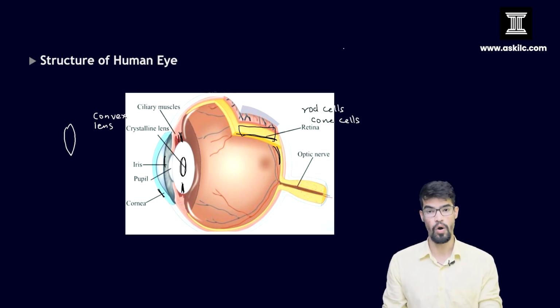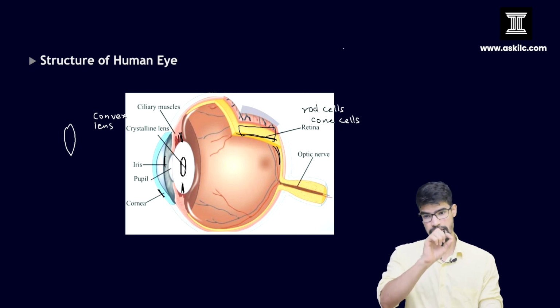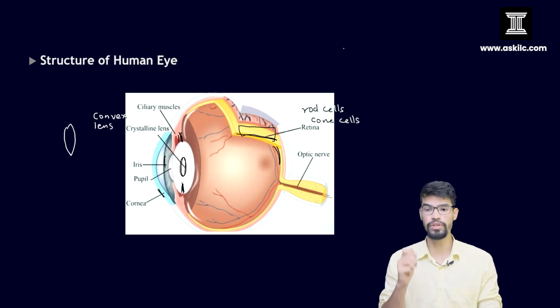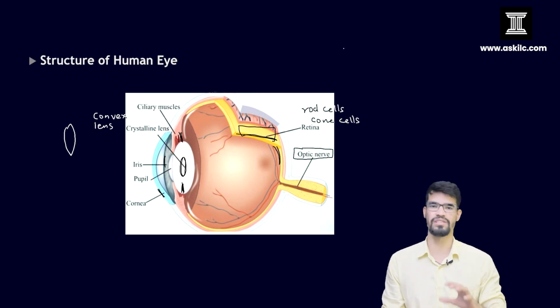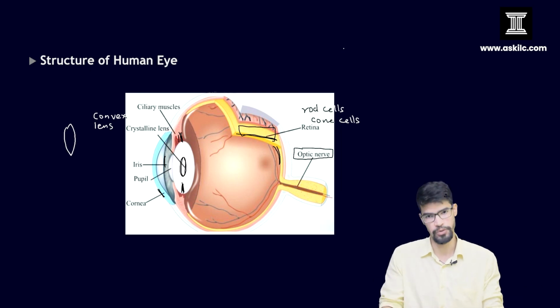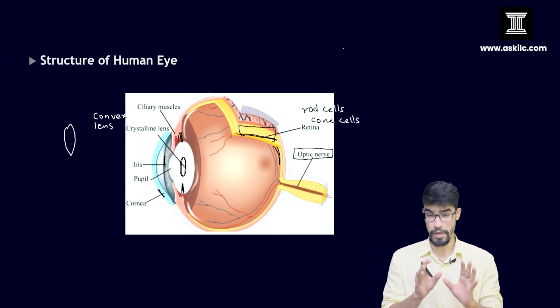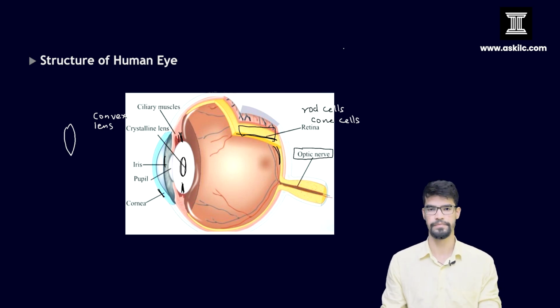Okay. And then all that signal, which the photosensitive cells pick up in the retina, all that signal, electrical in nature, is passed to the brain through that optic nerve. And then the brain processes that signal and interprets it in a way that we are able to perceive the world around us the way we do. Okay. So here is a small summary about the different important anatomical terms that are frequently used in order to describe human eye. So as discussed